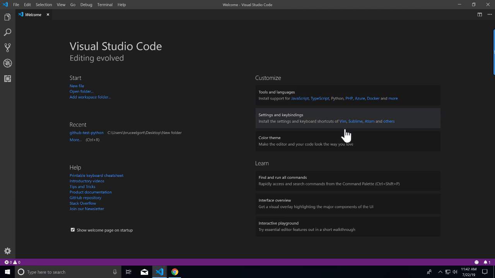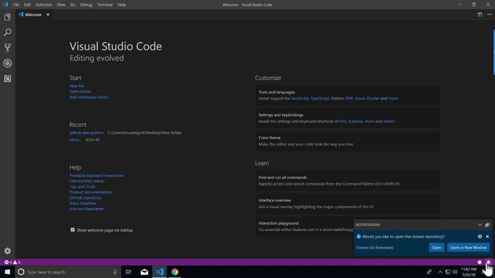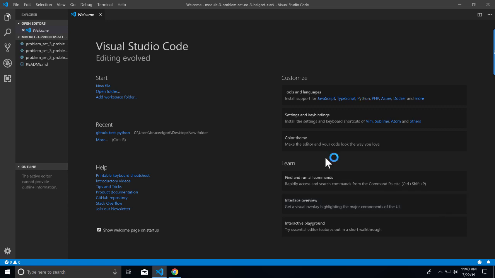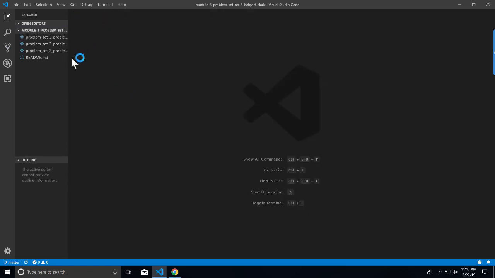All right, so look down to the lower right-hand corner. There was a message down there. Did you see it? So let me pop it back up. It says, would you like to open the cloned repository? And you want to click on Open. Okay, Open. And what happens now, I'm going to close this VS Code welcome window, is you can see here